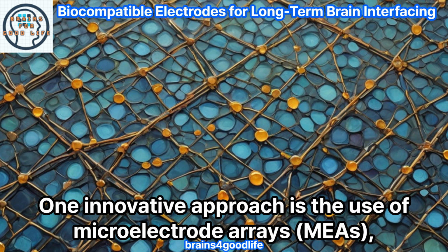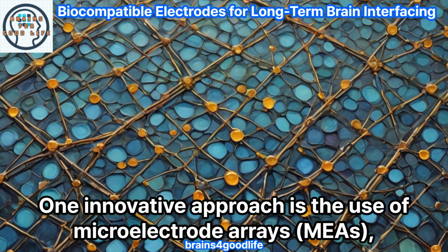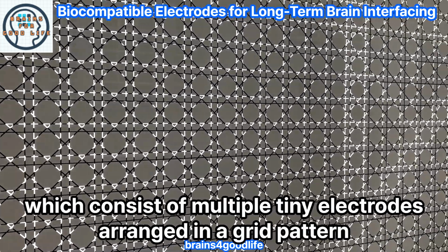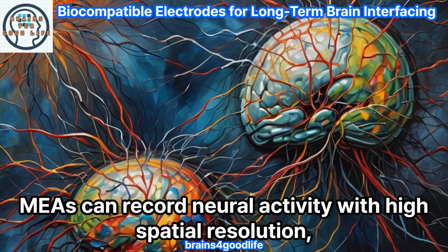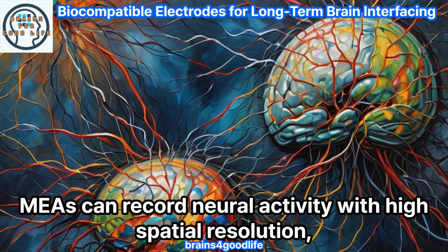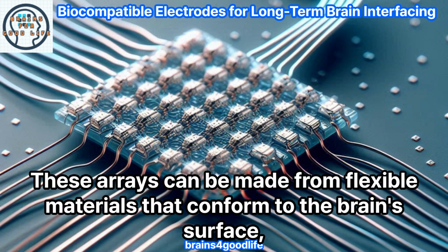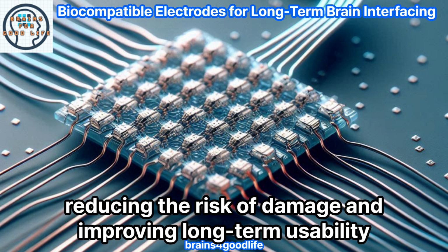One innovative approach is the use of microelectrode arrays (MEAs), which consist of multiple tiny electrodes arranged in a grid pattern. MEAs can record neural activity with high spatial resolution, allowing for more precise mapping of brain signals. These arrays can be made from flexible materials that conform to the brain's surface, reducing the risk of damage and